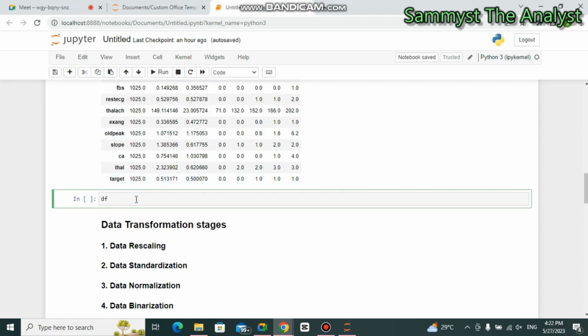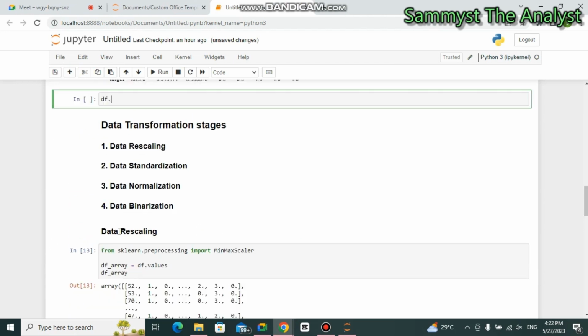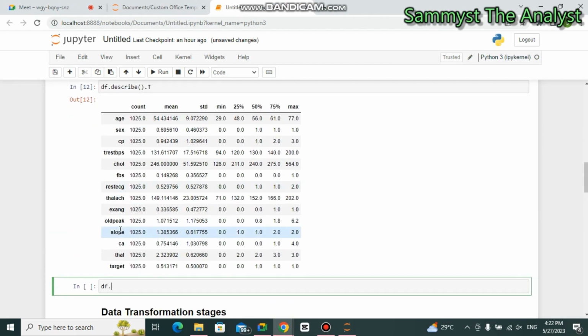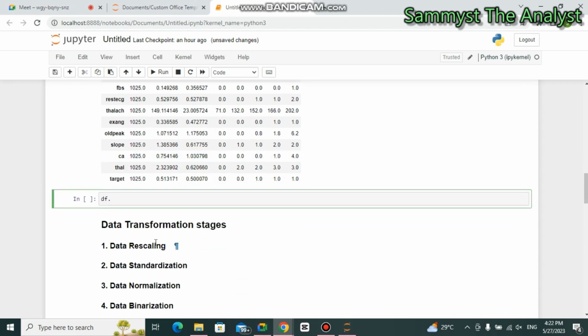I want to see how skewed this data set is. Let's use, which column will I use now? Let's use oldpeak. So df dot oldpeak